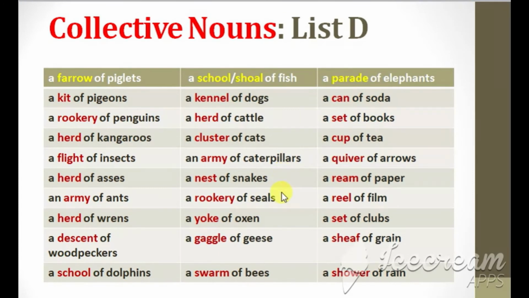caterpillars, a nest of snakes, a rookery of seals, a yoke of oxen, a gaggle of geese, a swarm of bees, a parade of elephants, a can of soda, a set of books, a cup of tea, a quiver of arrows, a ream of paper, a reel of film, a set of clubs, a sheaf of grain, a shower of